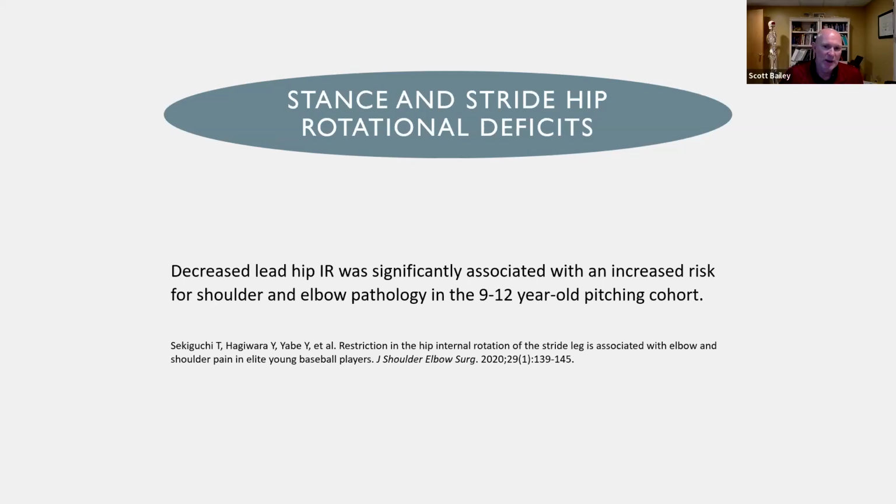This was done in 2020, which was pretty cool. This was in the Journal of Shoulder and Elbow Surgery, and this was also done in Japan. And what they found in this study was that a decreased lead hip, which would be your stride hip, so decreased stride hip internal rotation, was significantly associated with an increased risk for shoulder and elbow pathology in a 9 to 12-year-old pitching cohort or 9 to 12-year-old pitching group. That's a cohort, meaning group. So in the 9 to 12-year-olds,